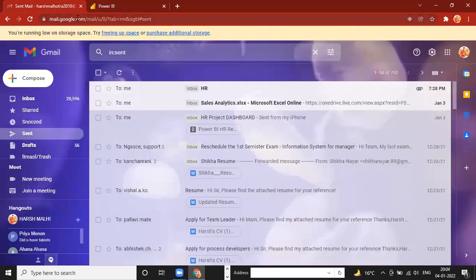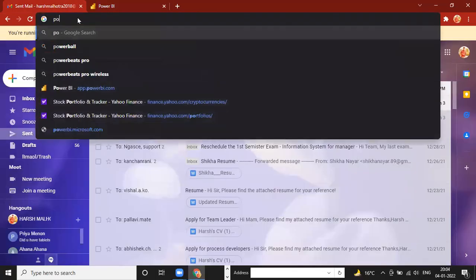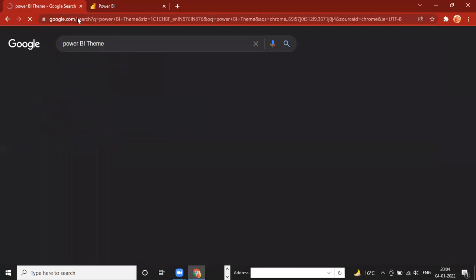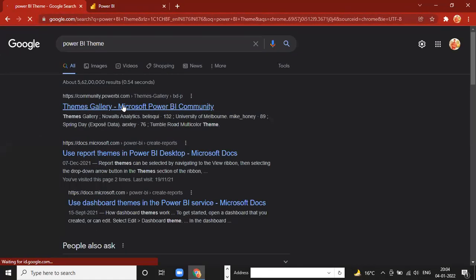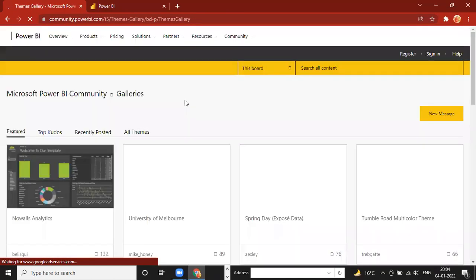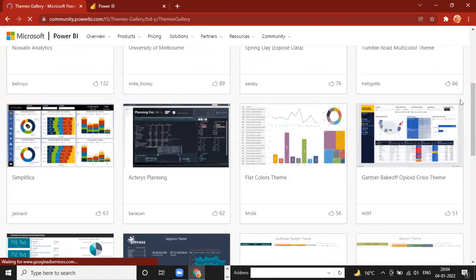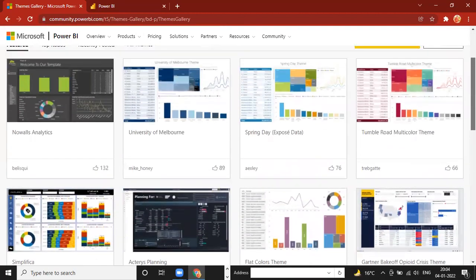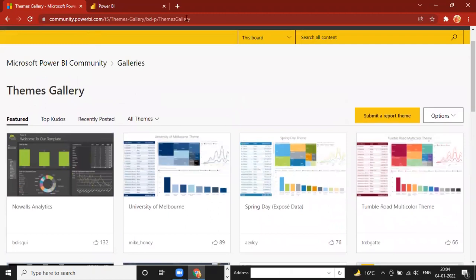You can directly write here Power BI theme. And see, you have different kinds of themes. Which color?